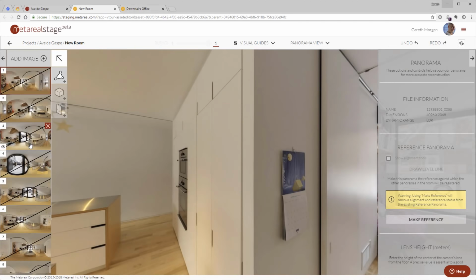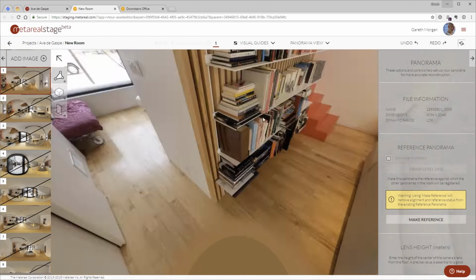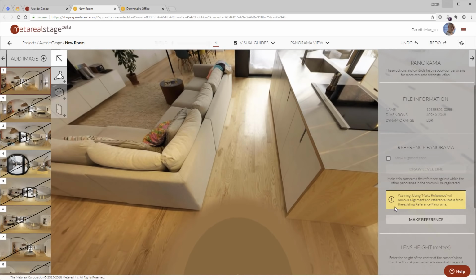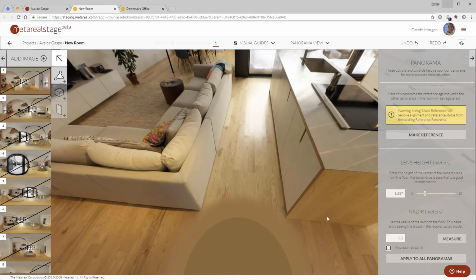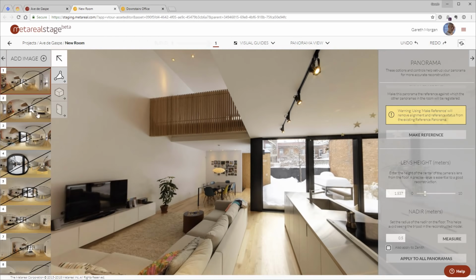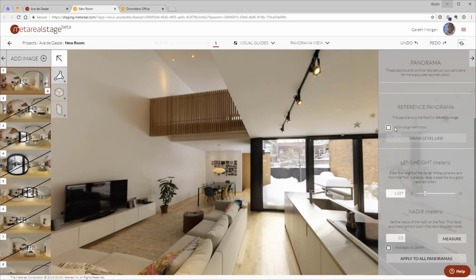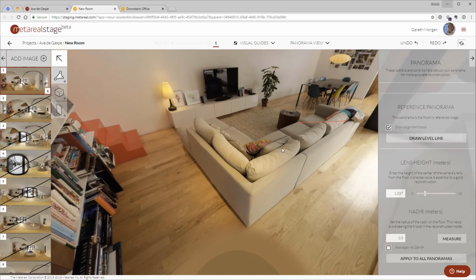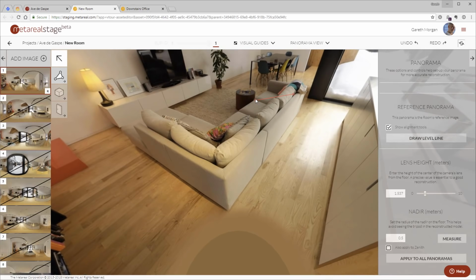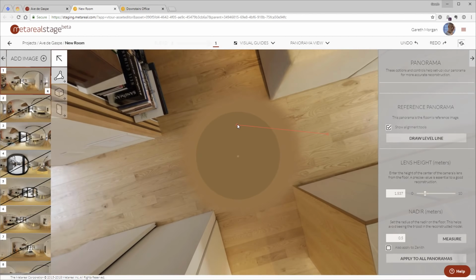So we've got quite a lot of panoramas here. I've got to choose which one is going to be my reference pano. In that case, this is probably my best one. Check that we've got the right height and our nadir is all good. So now I'm going to make this into the reference, and we'll do the same thing. We'll take the alignment tools. Oops, very quickly. I'll pull this down to here, and then through to the